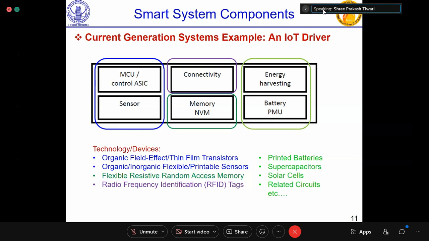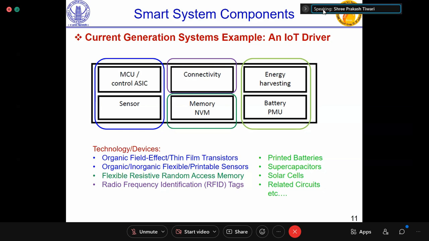Then on the other hand, whatever data you are generating, that has to be stored. So you have to have a memory component. Now memory essentially has to be non-volatile memory, meaning whatever you store, that has to be there for a longer time. When you do all these things, you want to have some battery or power. Okay, so you need to have a power management unit or battery. And if you don't have a battery, you might need an energy harvesting mechanism where supercapacitors or probably solar cells and so on. So all these things are essential components for any of these current